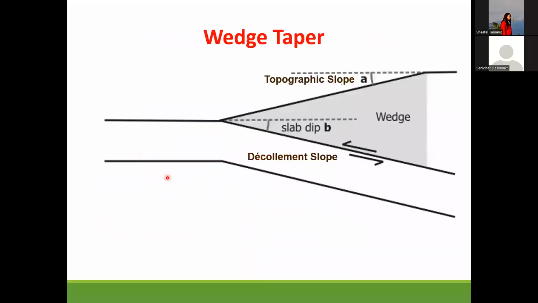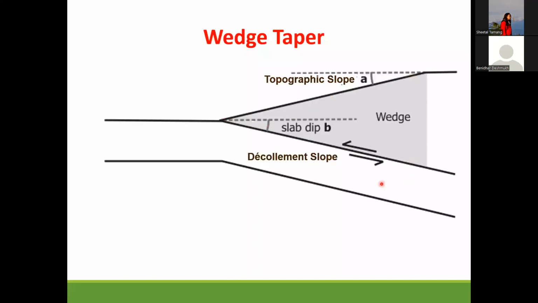Okay, so now that we accept that we have a basal decollement and the material that is deforming is wedge-shaped, we can simplify the whole problem in terms of how a wedge behaves. So it has essentially two components. One is the decollement slope, that is basically this angle. What is this angle with respect to the horizontal? And then it has a topographic slope, which is essentially what is this angle with respect to the horizontal again, which is the upper slope, and this is essentially the detachment slope.